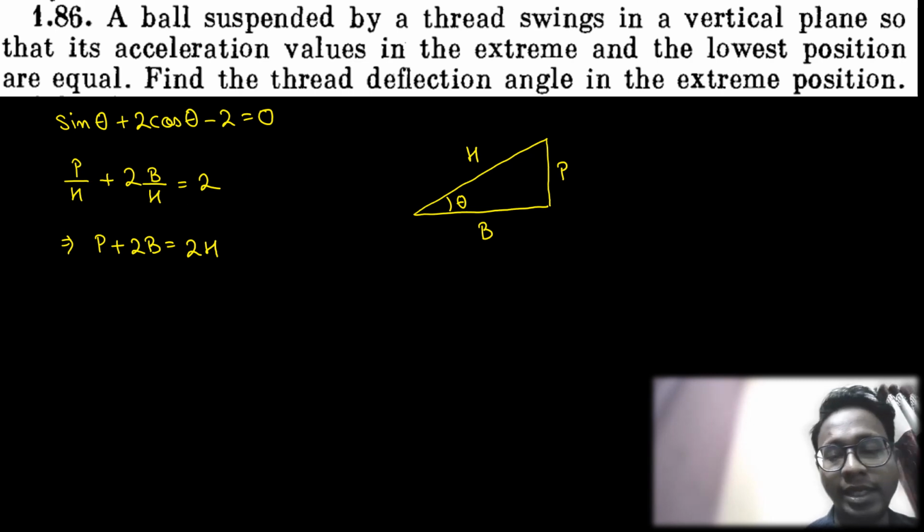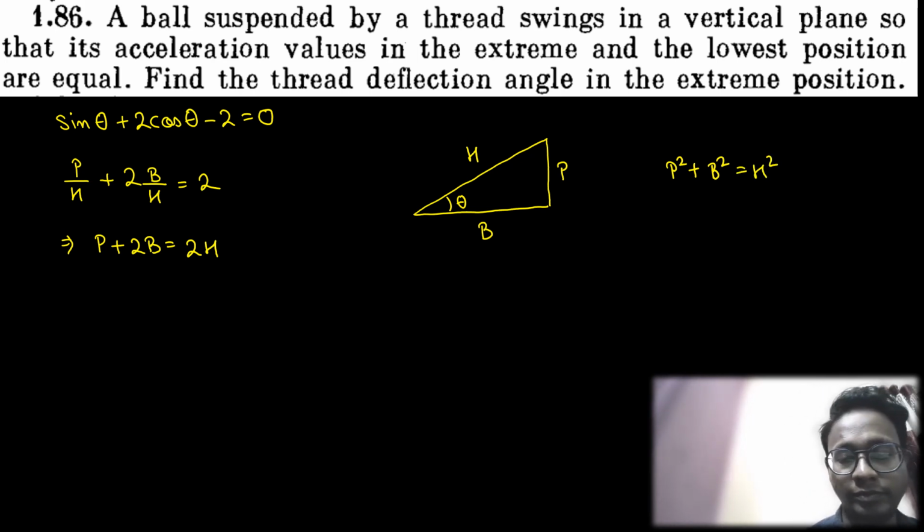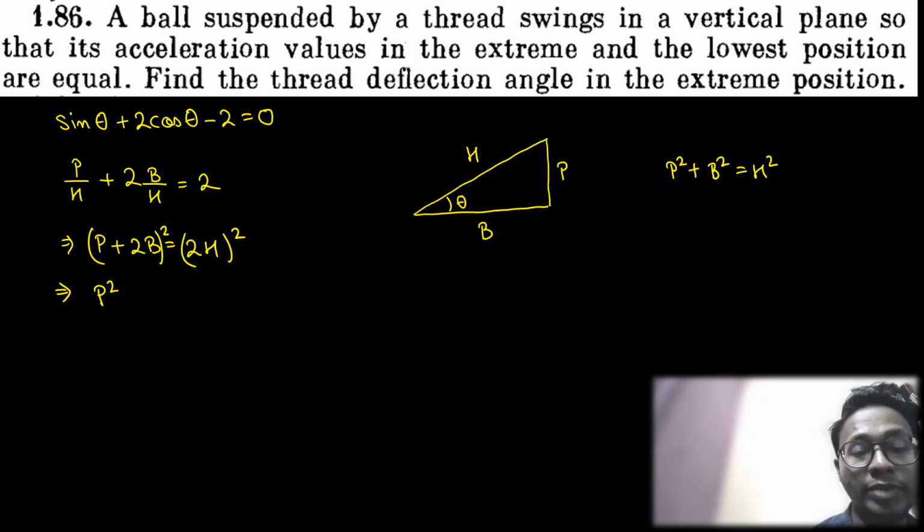Now take the LCM. Perpendicular plus twice the base is equal to 2 into hypotenuse. I've taken the hypotenuse as LCM and sent it to the right hand side. Now I also know that perpendicular squared plus base squared is equal to hypotenuse squared, from the Pythagoras theorem. Squaring both the left hand term and the right hand term, this squared, this squared, it would be a plus b whole squared,